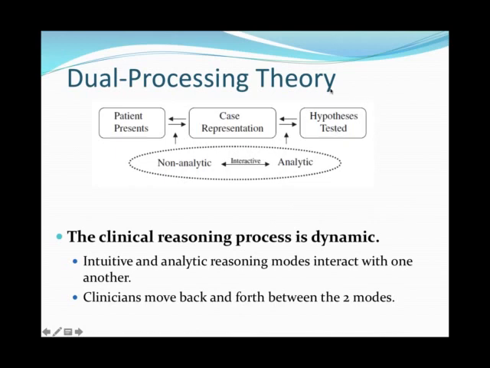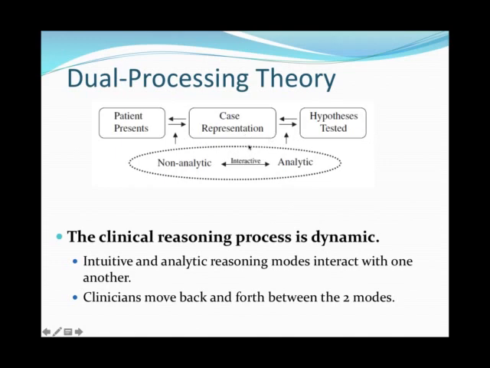And then if it's turning out that that hypothesis is not true, then we go backwards to figuring out, okay, is there a different way that we can think about this case? Do we need to go even back further and ask the patient more questions or do more tests and come up with a different conclusion and then test those hypotheses again? So it could just very much be going back and forth,